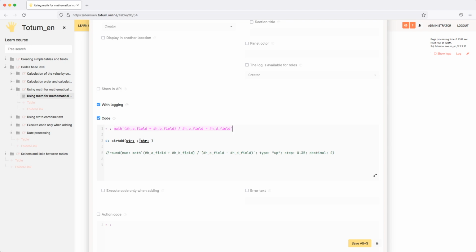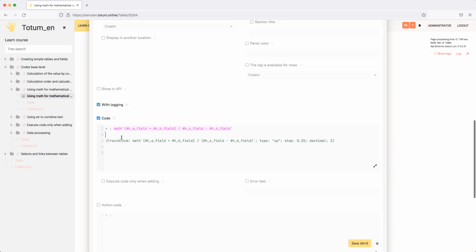All of this will be highlighted in purple. This we will remove. And here we can use brackets. Inside this construction, the brackets will be treated as mathematical brackets, and the operations will go in the mathematical order. That is, the operations inside the brackets will be done first, then the operations between the brackets will be done. Also the operations of multiplication and division will be performed first, and then the operations of addition will